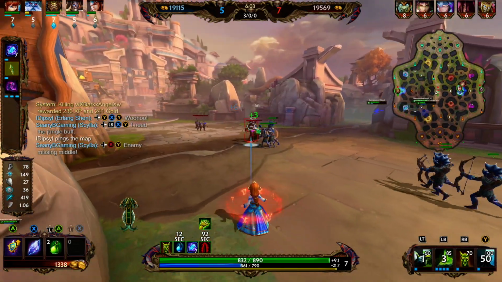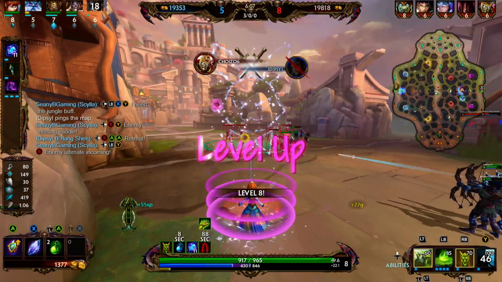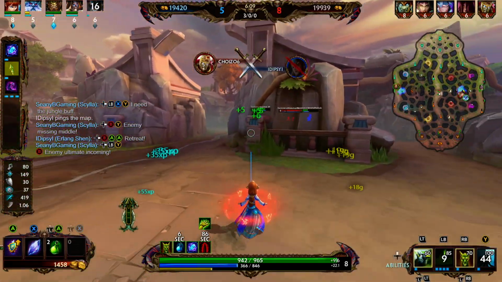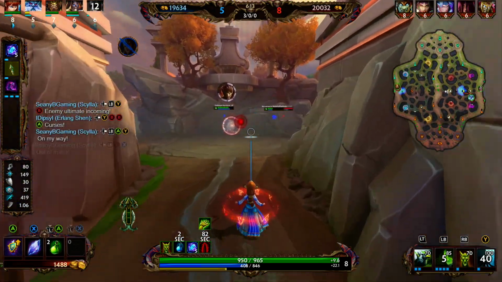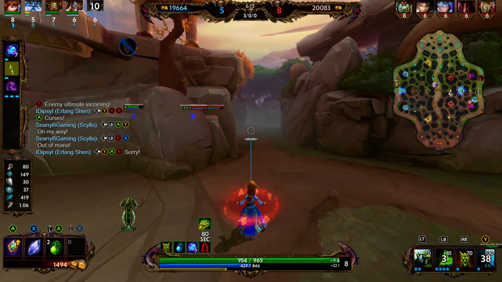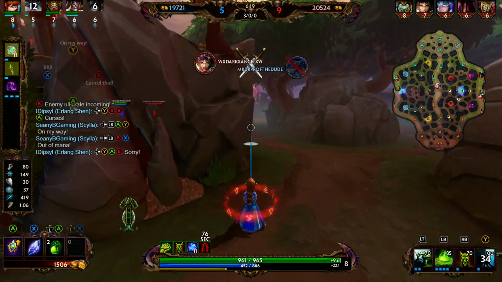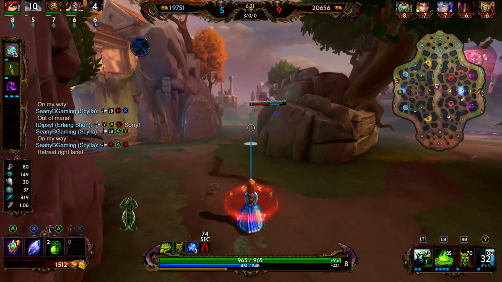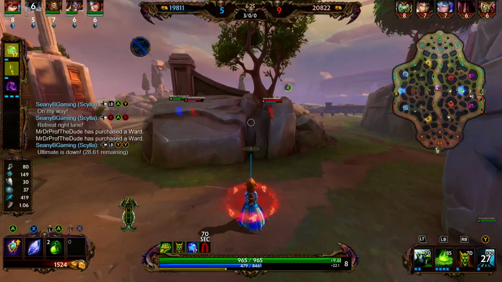Enemy missing middle. Retreat. Ultimate incoming. You let our team know that Janus is casting his ult. About half mana, we should be able to dump our kit and then get out. Your teammate struck out looking. On my way. Retreat right lane. Ultimate is